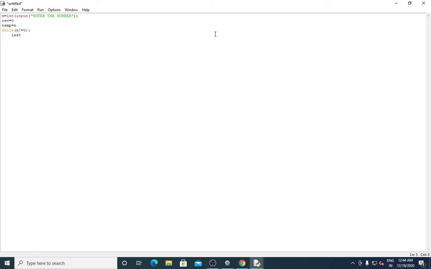So then what? Last digit is equal to, so I am going to divide the number with 10. So I have explained why we divide a number with 10, because we need to get a remainder value that is to be traced to the next one. So next reverse is equal to, reverse into 10 plus what? Last digit, right? So last digit, so n is equal to n divided by 10.